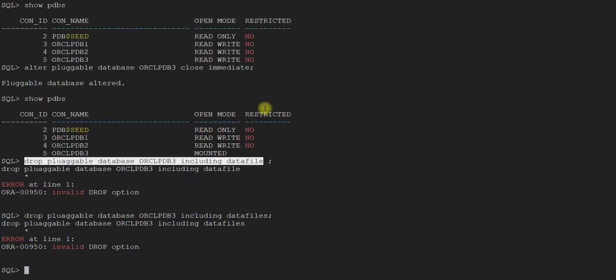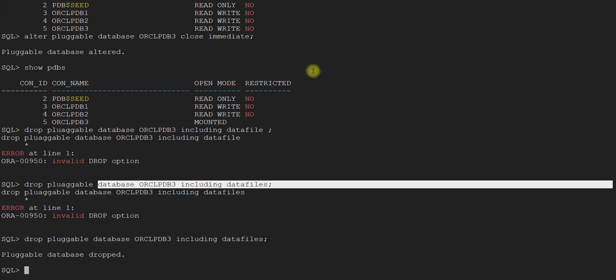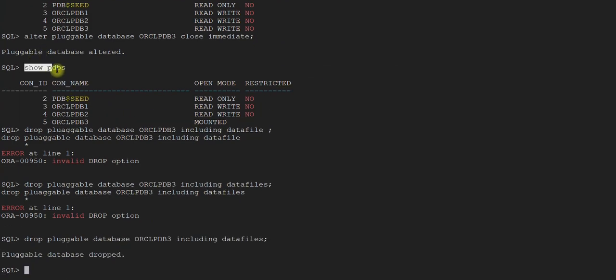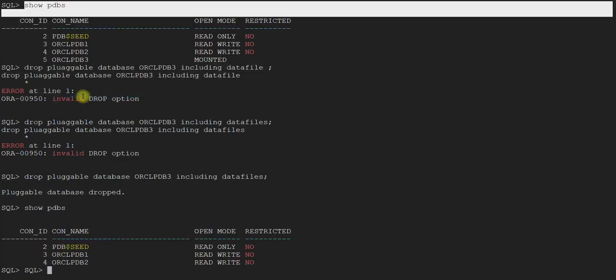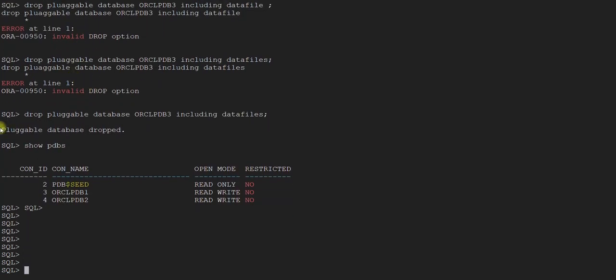Data including, invalid drop option. See, these small mistakes. Pluggable. Okay, I think we should be fine now. Good. So this completes our activity.